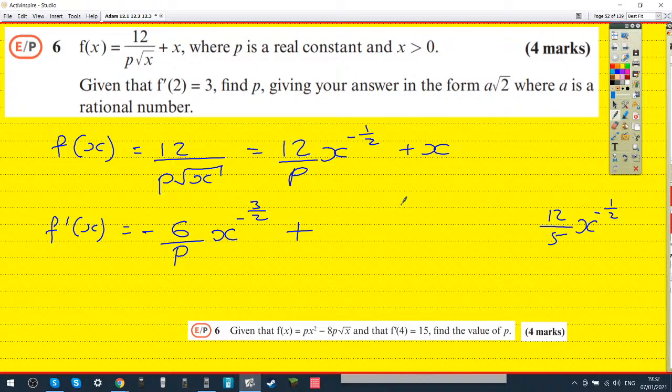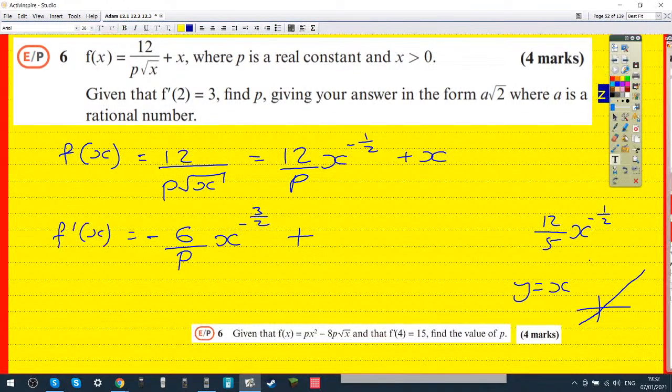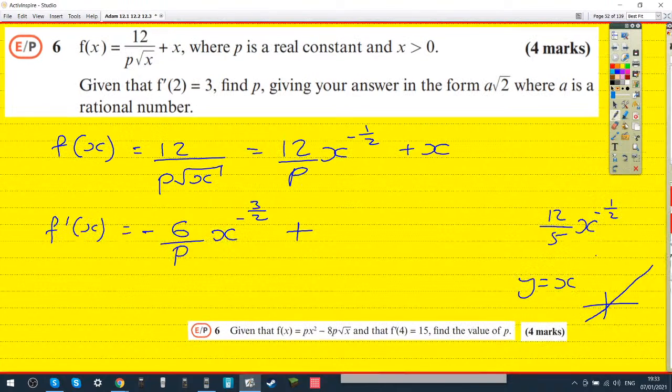Do you remember what that is? 2. So if you had the line y equals x, any idea what the gradient of that line is? So gradient 1. Yeah. And so the derivative is 1. Okay, and so the f dash of x is this: minus 6 over p x to the minus 3 over